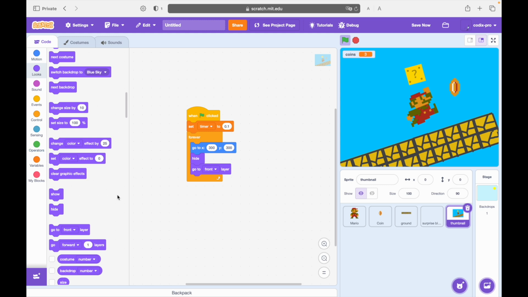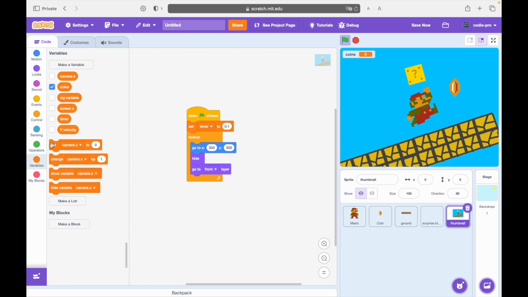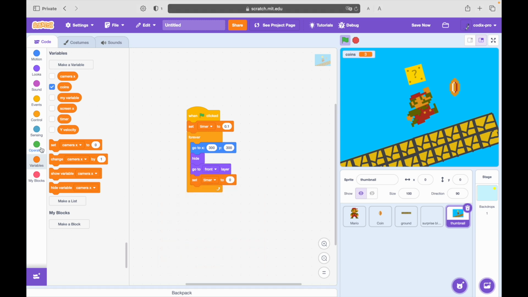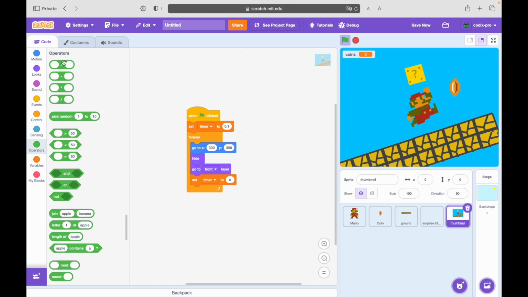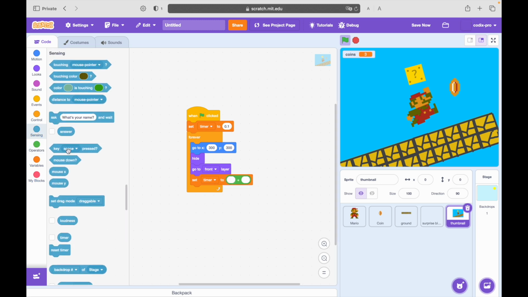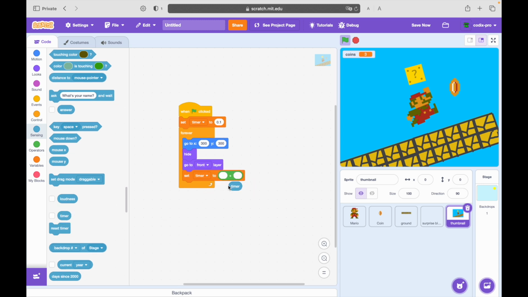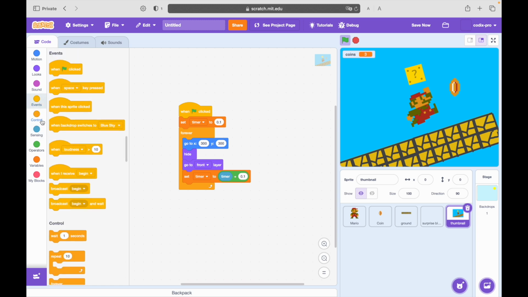And then at the bottom, we'll set timer to this timer plus 0.1. And then if we go here and drag out this when loudness, and then when timer is greater than this timer,